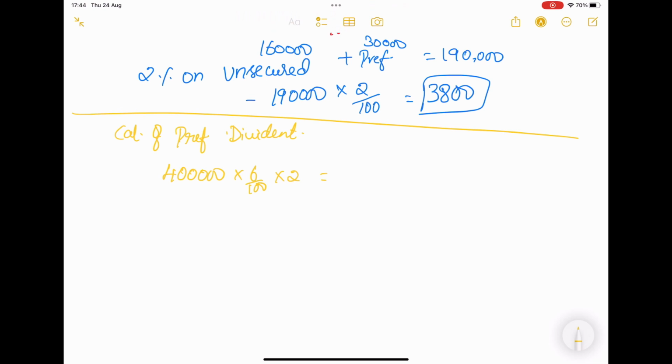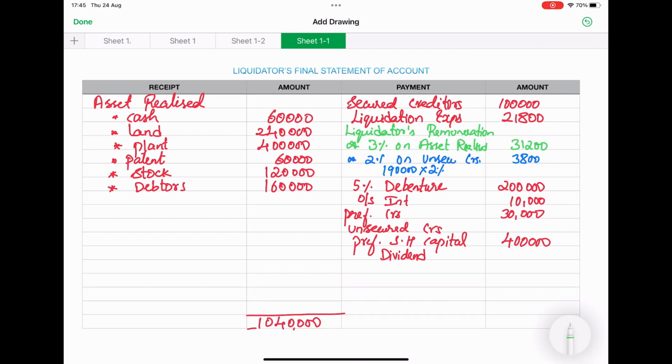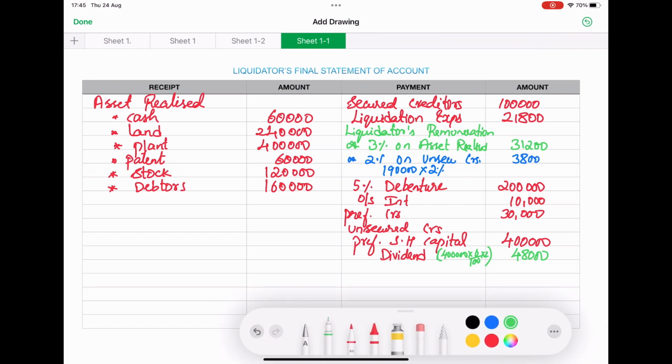For 2 years we will get 48,000. So this is the value of dividend. So the value of preference dividend will be 48,000. How? 4 lakh into 6 by 100 into 2. Okay. Next we are going to pay the